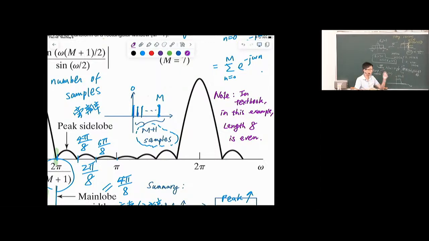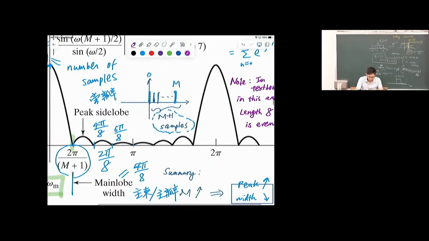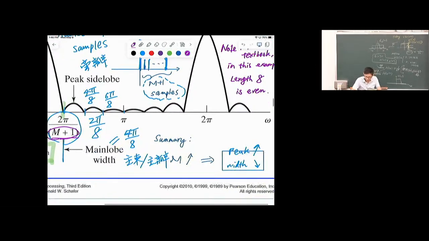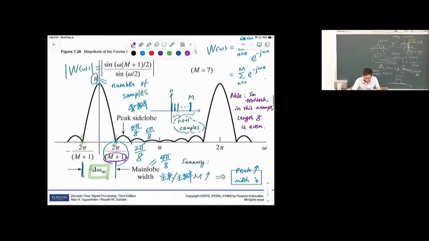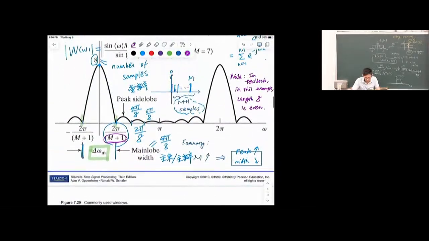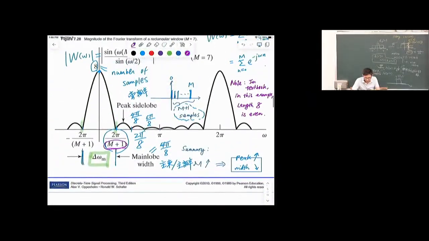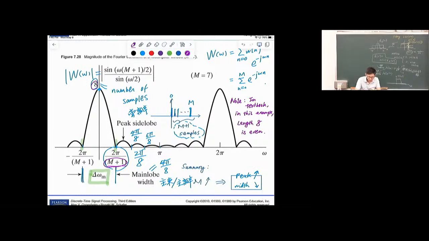It's still true that when, let's say, m plus 1 is even, that will not occur in my lecture. If you follow my suggestion, you will not encounter a case where the length of the window is an even number. But the general principle is still true, and I must have written it somewhere here: when we increase the length of the window, the main lobe width